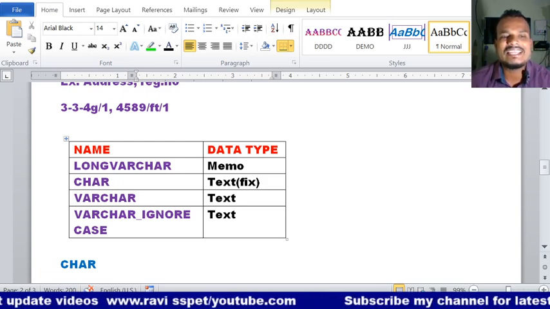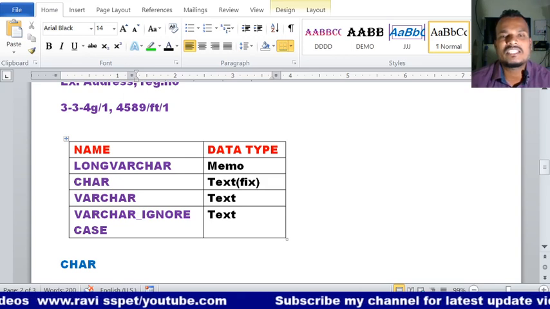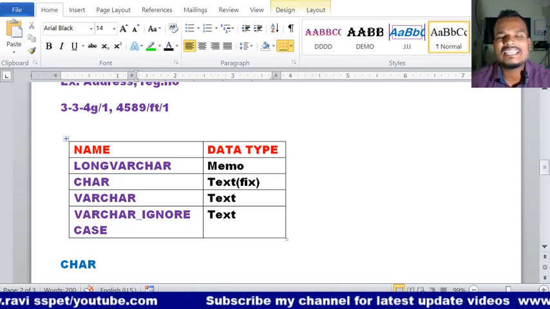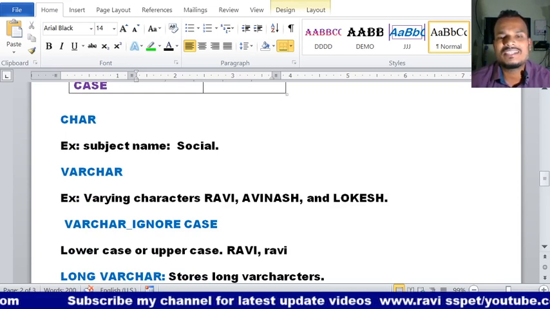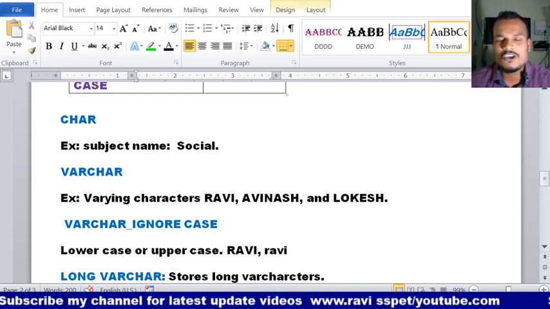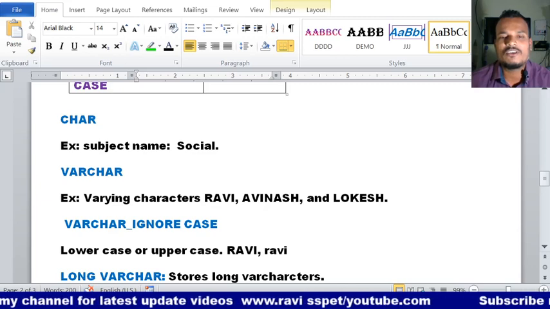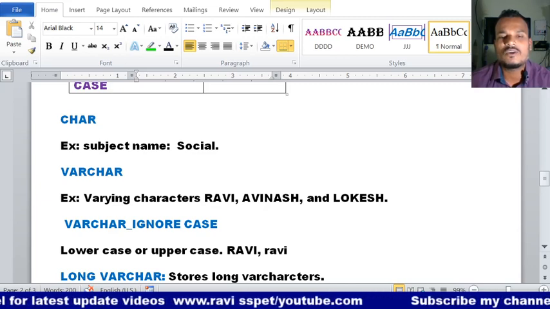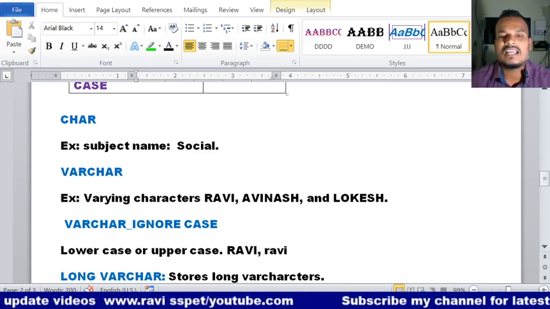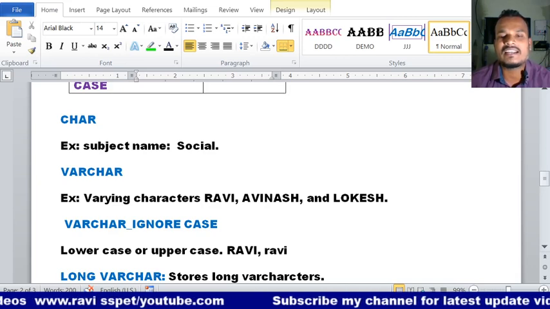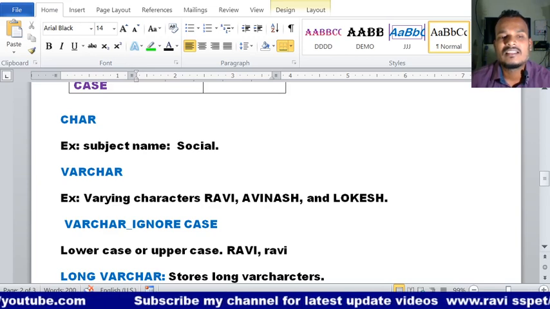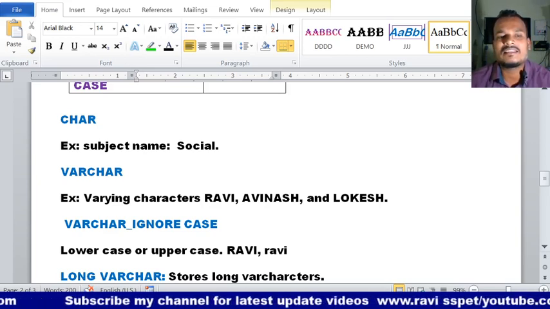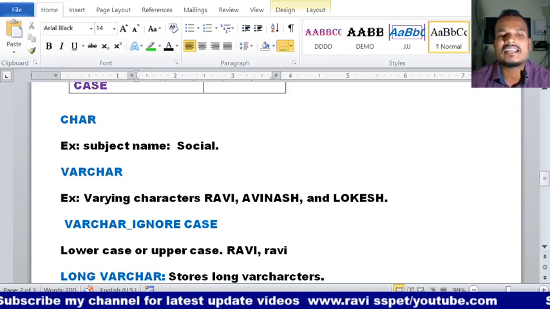Then what about varchar? What is the difference between char and varchar? Varchar means varying. Suppose we take names, which are not fixed. For example, Ravi has 4 characters, whereas Avinash has 7 characters, and Lokesh has 6 characters. Here the characters are varying, that's why it is called varchar.